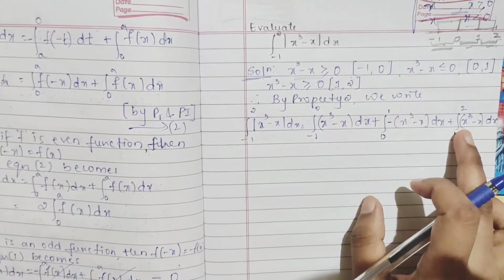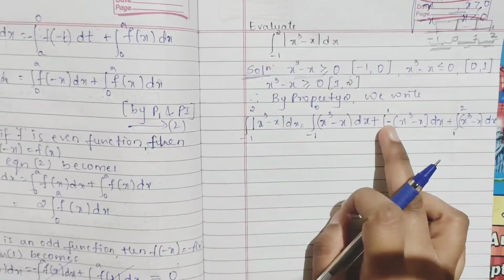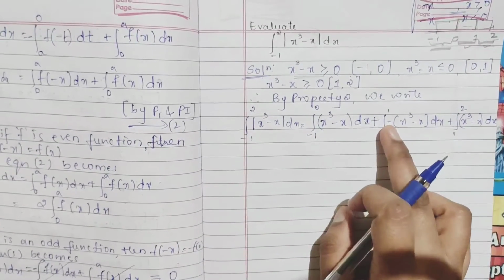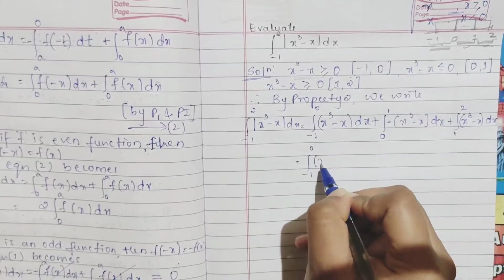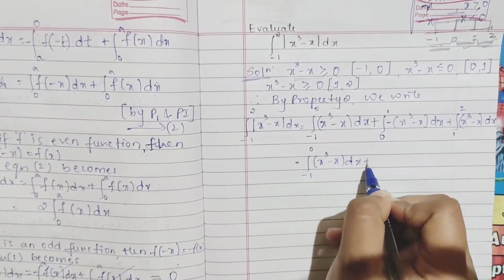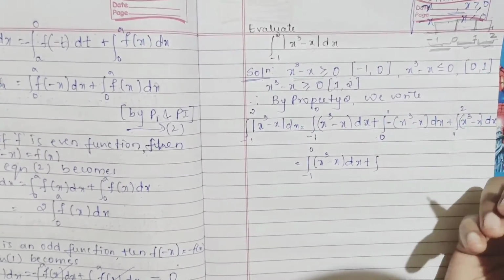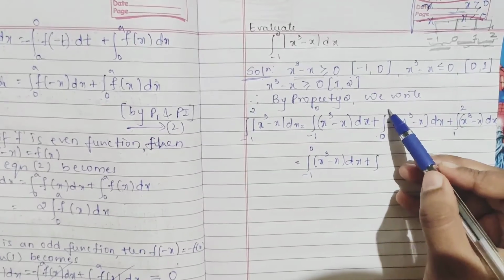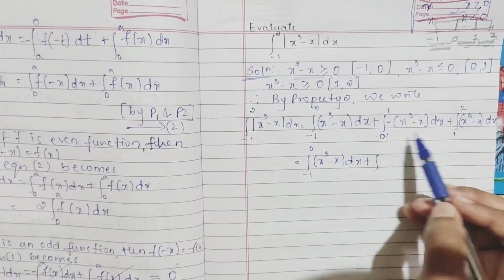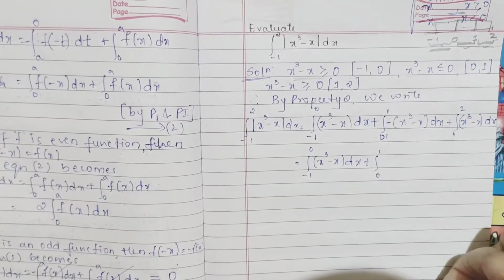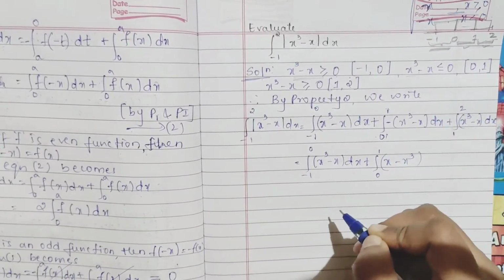Now, what we can do? Here you see it is negative, we do not want it negative, we will make it positive, right? Either you can apply our property 1, or else one more thing we can do, because we do not want to change our limit. See, if you apply that property, your limits change, but we can't change the limit. Why? Because again here it will be 0, here it will be 1, which means it is wrong, since we have used our property 2. So, what we will do, our integral will be the same, we will write x minus x cube. If I do x minus x cube, I have to take the minus sign common, right?